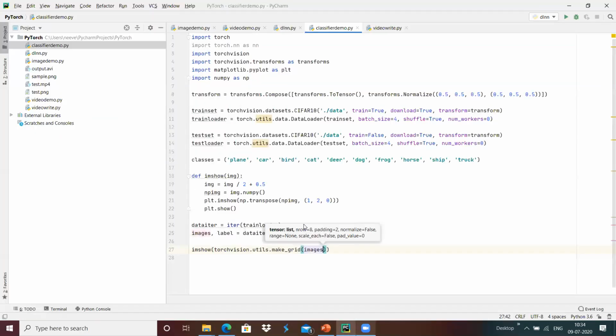We provide the tensor to imshow, we normalize the tensor, convert it into a numpy array of the image, and then show it using plt dot imshow over here.